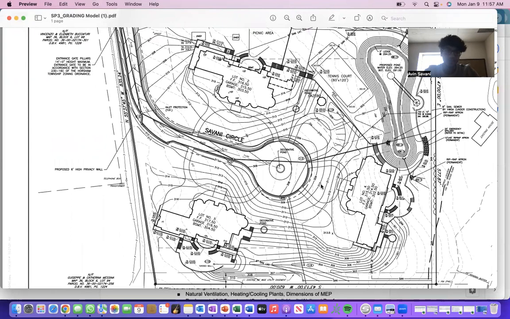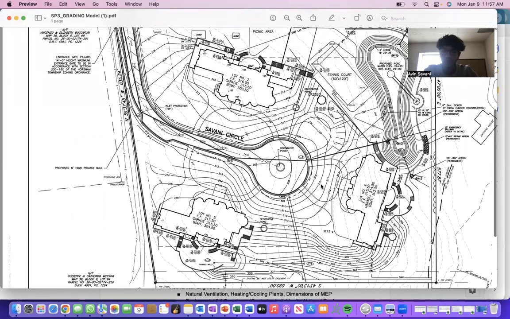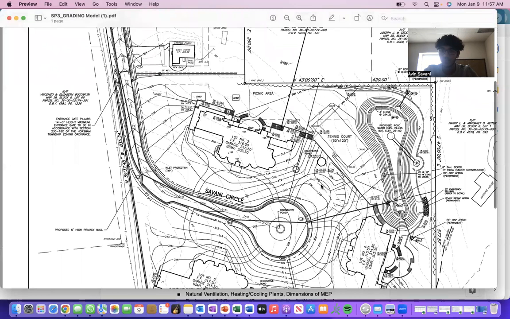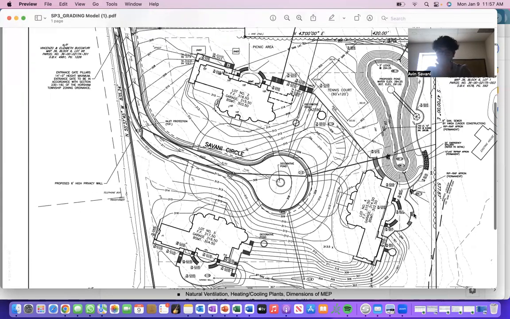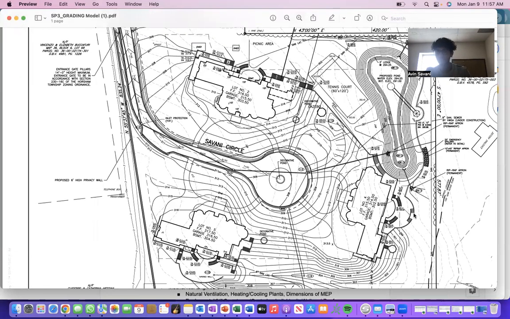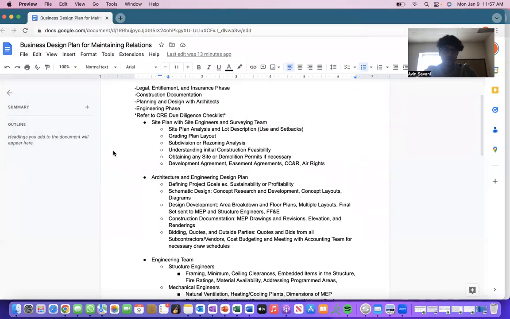It has dimension requirements, use and setbacks, coordination, and other things that are within that design plan, right? For instance, here you have 3 estate size houses, a tennis court, a pond, and a conservation area. This shows, and this is what you should actually meet with your township about, and explain to them what type of project you're taking on.